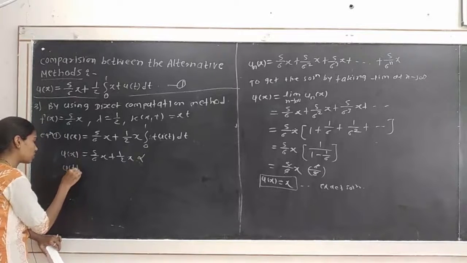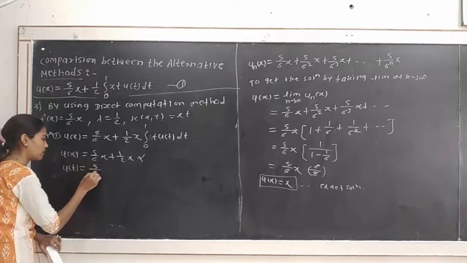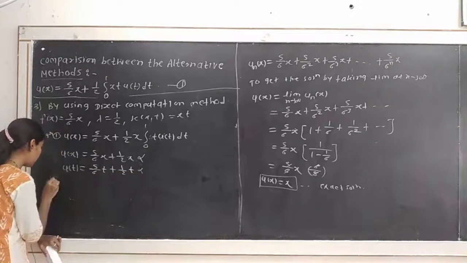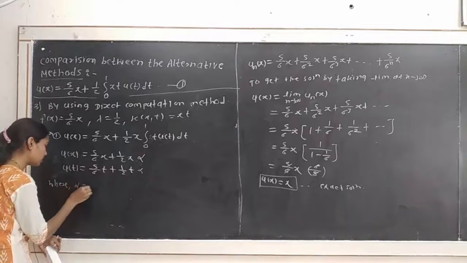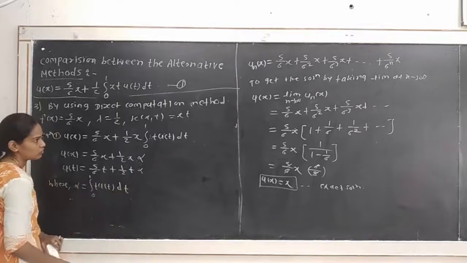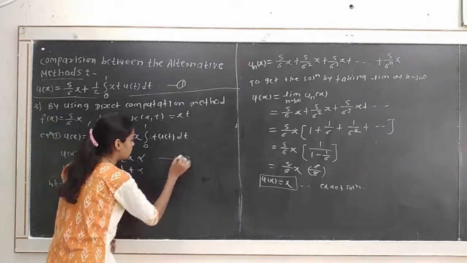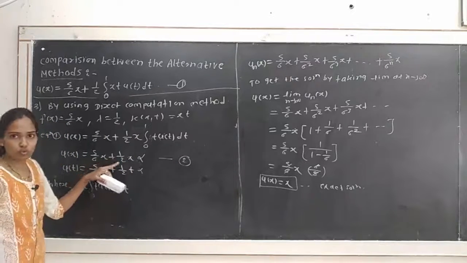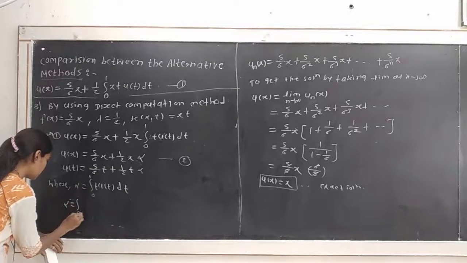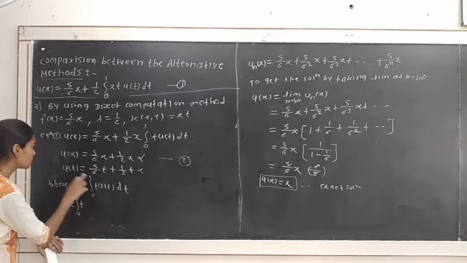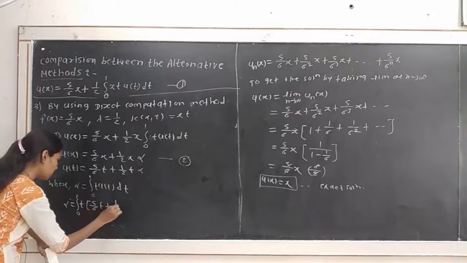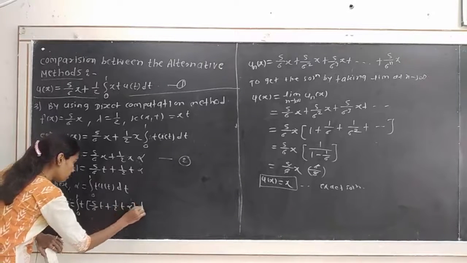So we consider this u of x in terms of u of t, so we get 5 divided by 6 into t plus 1 by 2 t into alpha, where alpha is equal to the integration from 0 to 1 of t into u of t dt. Take this as equation number 2, which is the solution on putting the value of alpha. So here we find the value of alpha: alpha is equal to the integration from 0 to 1, t as it is, and we put u of t from this, so 5 divided by 6 into t plus 1 by 2 t into alpha dt.